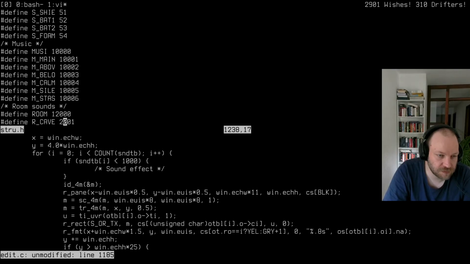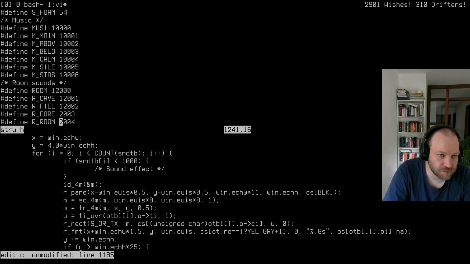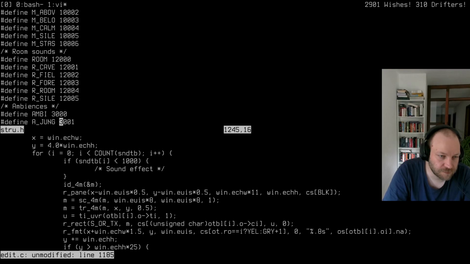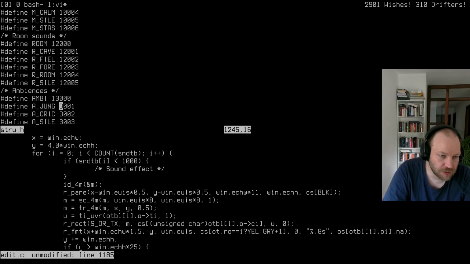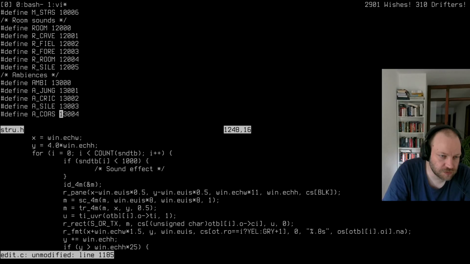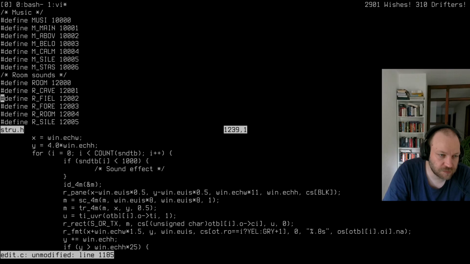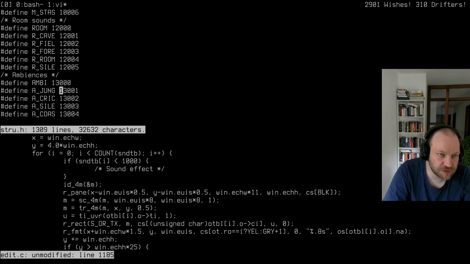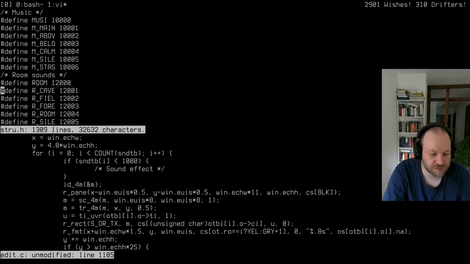That's 12. And this shouldn't affect the game, because everything that depends on these numbers is generated when the game opens. So